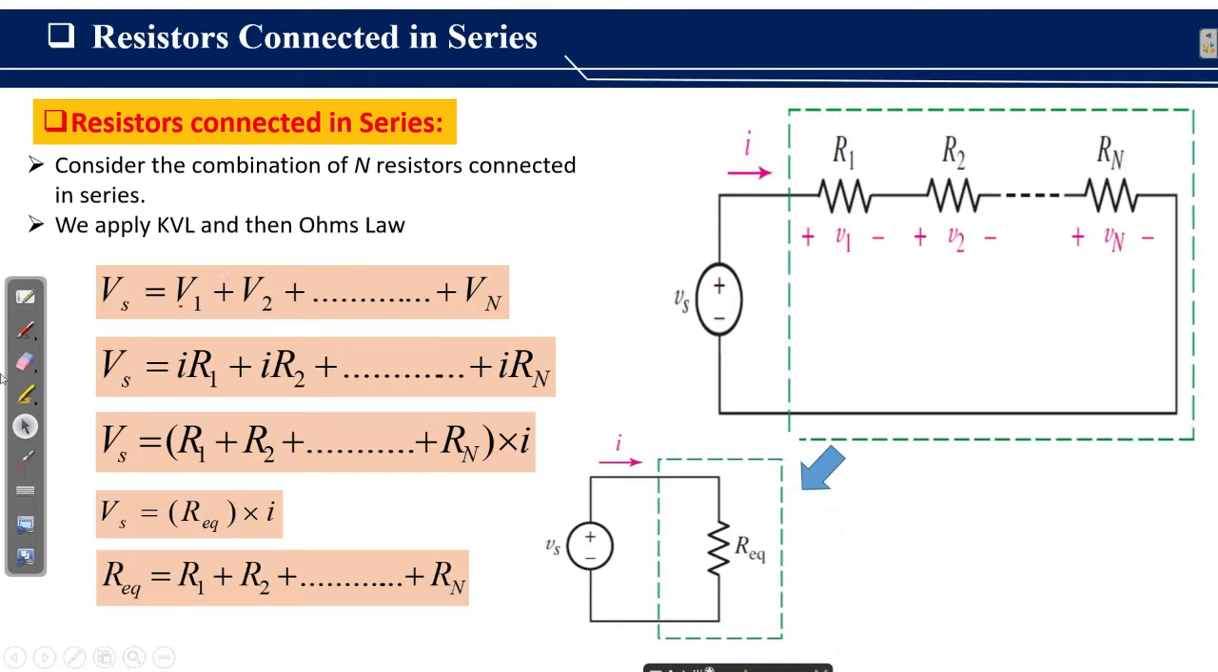The resistors connected in series. Consider the combination of n resistors connected in series as shown by this figure. The series combination of resistances are R1, R2 up to Rn. And the voltage drop across resistor R1 is V1, the voltage drop across the resistor R2 is V2, and the voltage drop across resistor Rn is Vn. The series combination of these resistors are connected in series to the applied voltage source Vs, making one closed loop